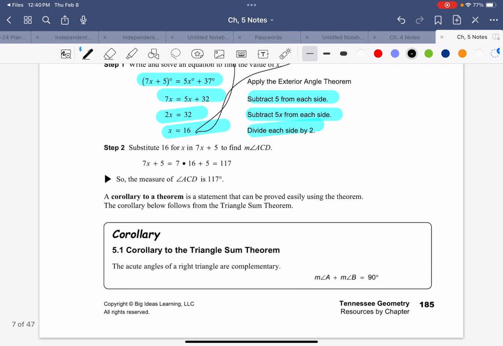Now, we've got a corollary to this theorem. Okay, so here's going to be our corollary. The acute angles of a right triangle are complementary. Let me draw one of these. So if this is a right triangle,